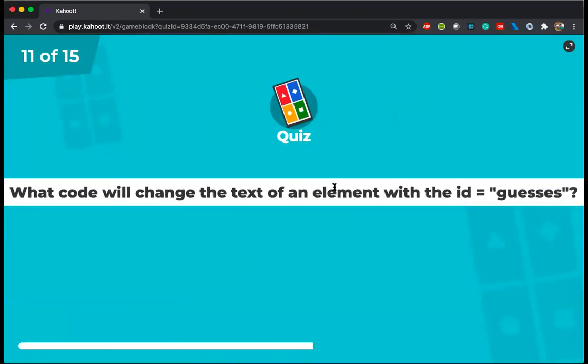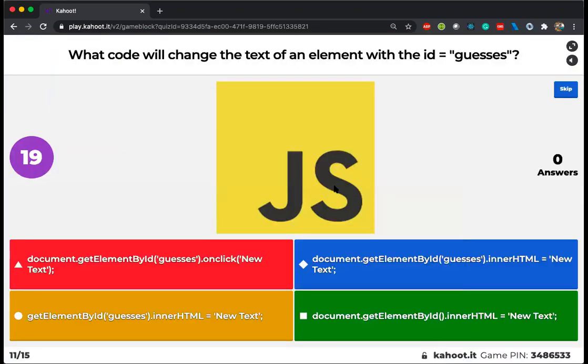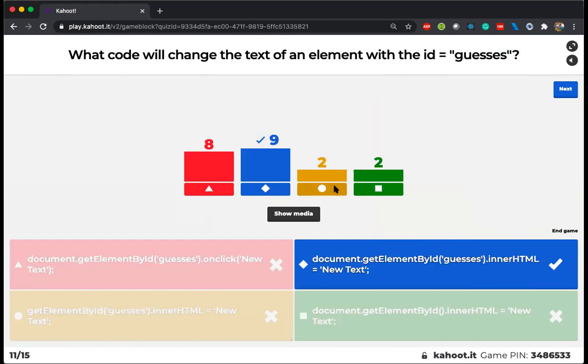What code will change the text of an element with an ID guesses? Document.get element by ID dot on click new text. Document.get element by ID guesses dot inner HTML. Get element by ID dot inner HTML is equal to new text. And this is the right answer because what we are trying to say is text of an HTML with an